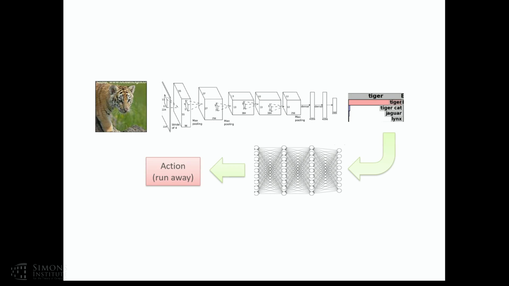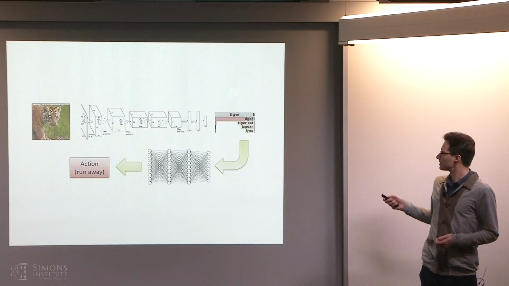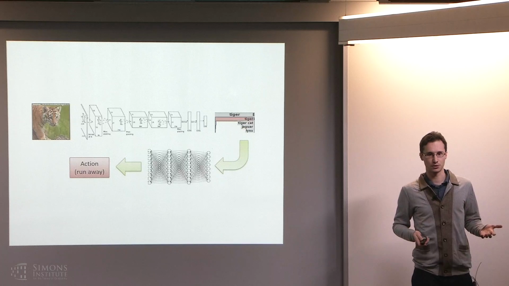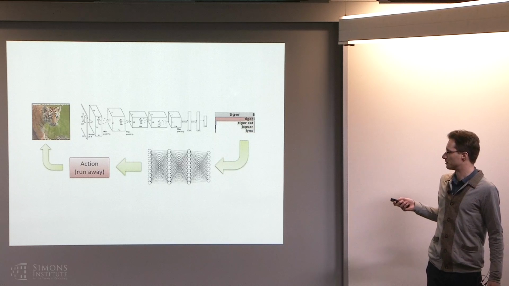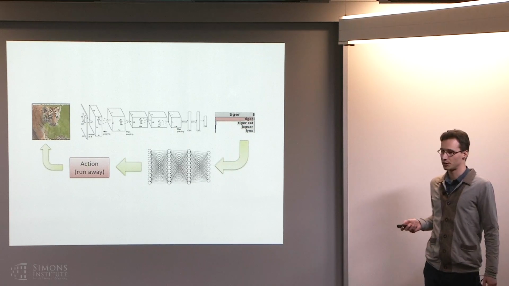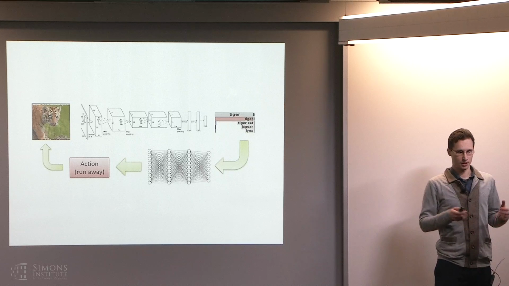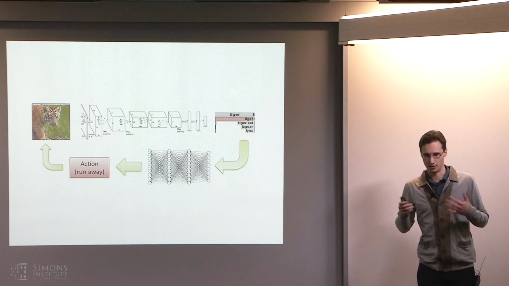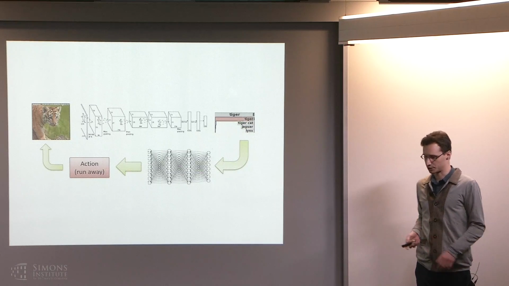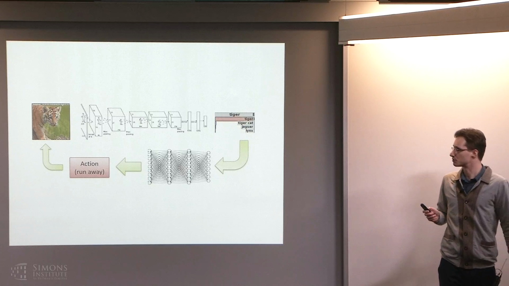But in the end, there's going to be a whole other side to this cycle. So if we're, let's say, perceiving the tiger in the forest, we'd like to also know how we can use the output of what in this case is an image classifier to actually make a decision about what we'll do next. And in reality, for any system that's actually deployed in the real world, that's actually doing something and making decisions, typically the decisions it's making are going to affect what it sees next. So whether we model this or not, there's going to be a perception action loop, whether the system is a robot or a website that's interacting with users or anything in between. If it's making decisions, that part of the cycle actually exists, and perhaps it would be a good idea for us to reason about it.